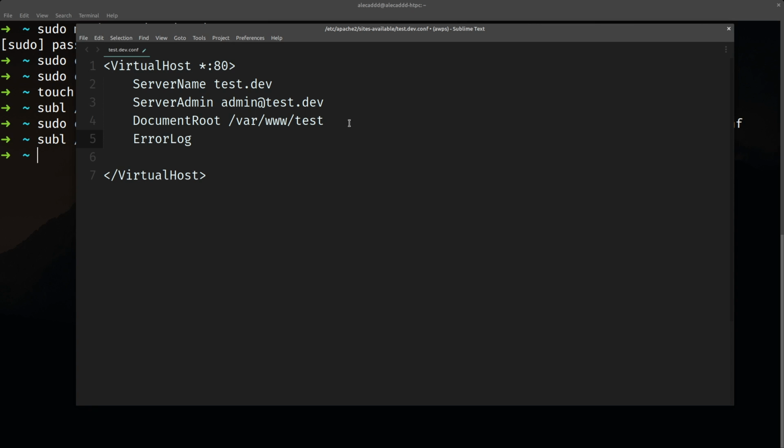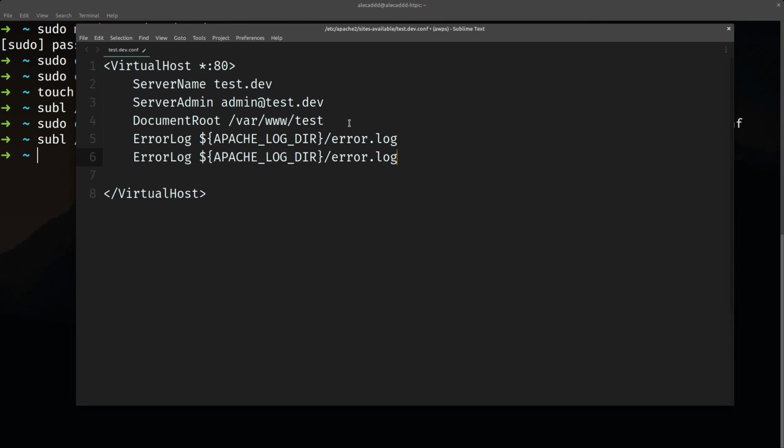Then we can specify a bunch of extra information if you want that are most likely important if you want to track error and custom logs. So we can specify the dollar and then the curly brackets, APACHE_LOG_DIR, that is the global variable where all our logs are going to be saved inside our Apache server, and we're going to store everything inside error.log. And then we can duplicate this and change this to CustomLog, and instead of error.log we're going to change it to access.log,